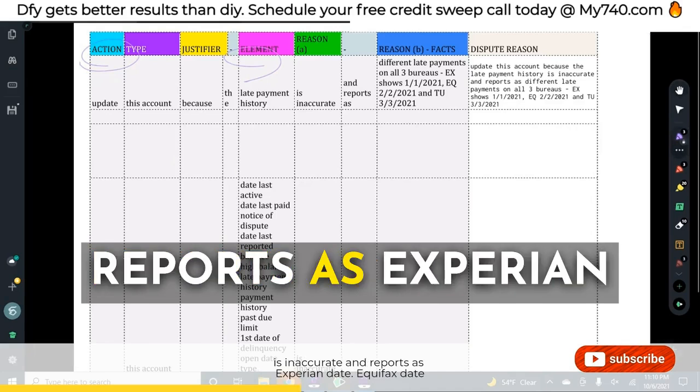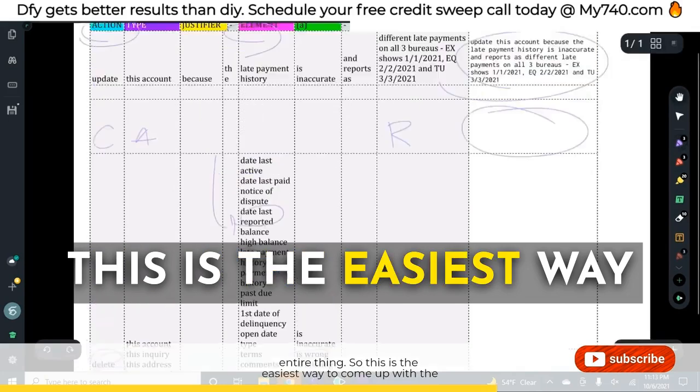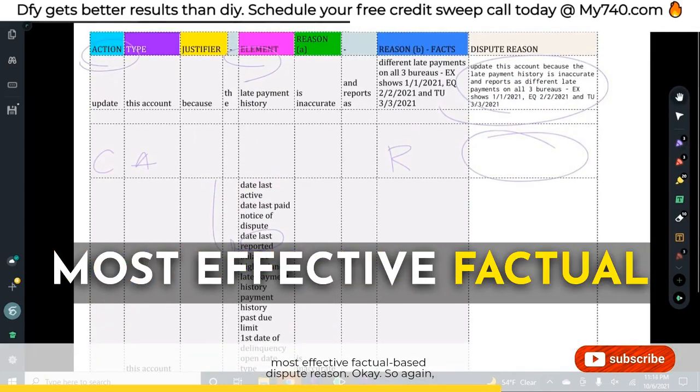Our full dispute reason in this example is: update this account because the late payment history is inaccurate and reports as Experian date, Equifax date, TransUnion date. This is the easiest way to come up with the most effective factual-based